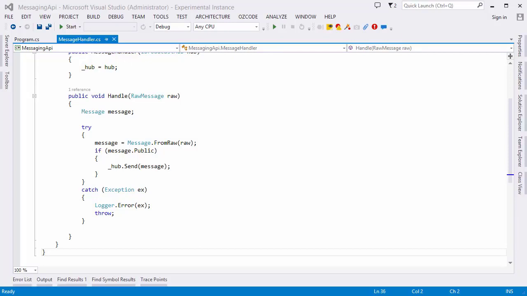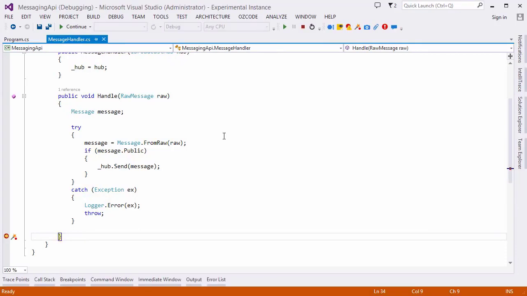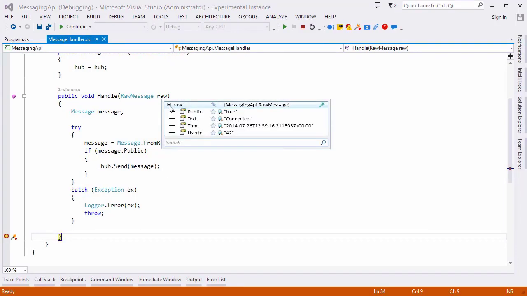A basic message handler. This handle method takes in a raw message, where all the properties are strings, converts it to a strongly typed message, and then if the message is public, sends it out over a hub. I know the first message works, so I'm going to set a breakpoint at the end of the method here and run the application. And now if I mouse over the raw parameter, I can inspect this variable, and I